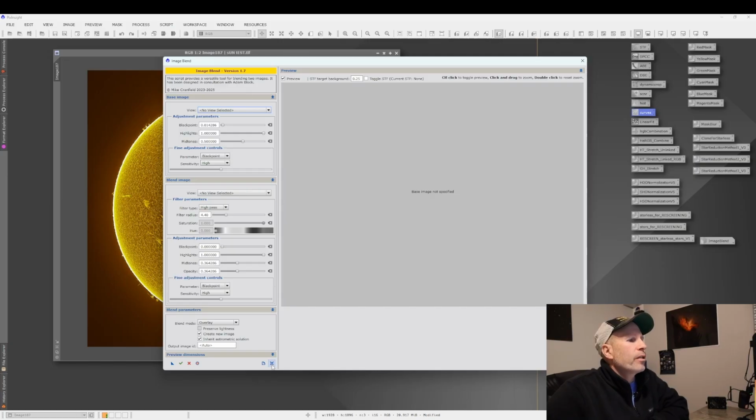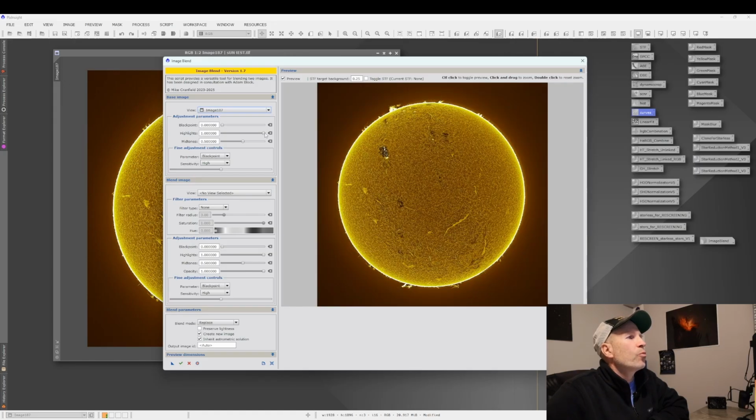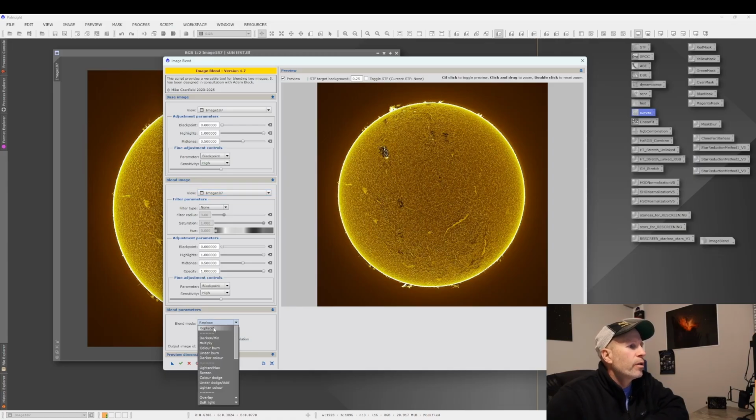So what I do is I reset my tool here, and I'll pick up my image 187. I'll take image 187, and it pulls up our image. Then I'm going to pull in image 187 again, and it pulls it on top of one another. First, I make sure I've picked replace in the blend mode down here. So we're going to have replace in there, and then in this filter type, we're going to go to high